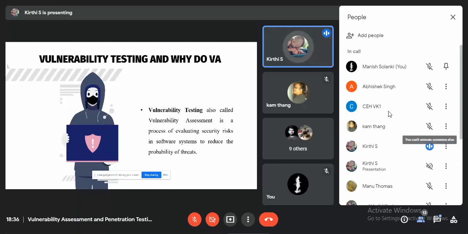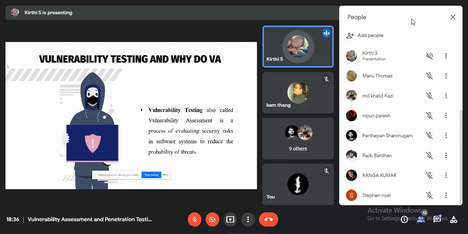So why do we need a VA? It is very important for every organization to secure their data. While doing VA, we need to detect and classify the vulnerabilities, rank them based on priority, and provide recommendations for them. In this process, the operating system, software application and network are scanned in order to identify vulnerabilities, for example any kind of misconfiguration in the software design or any kind of insecure authentication.